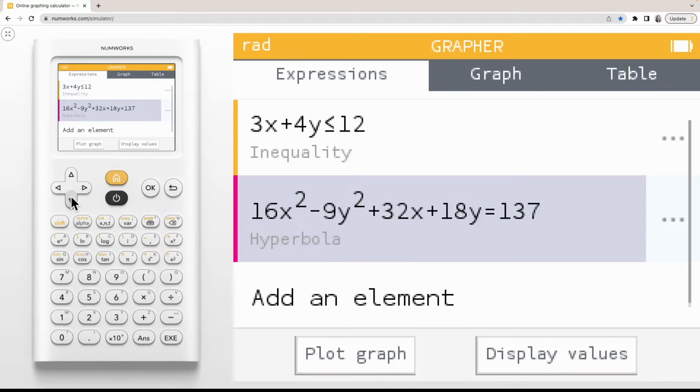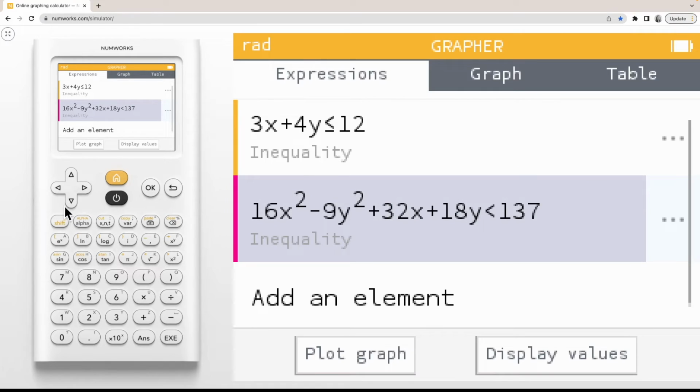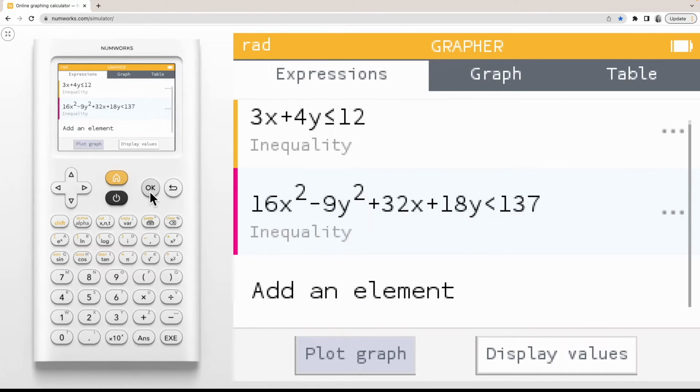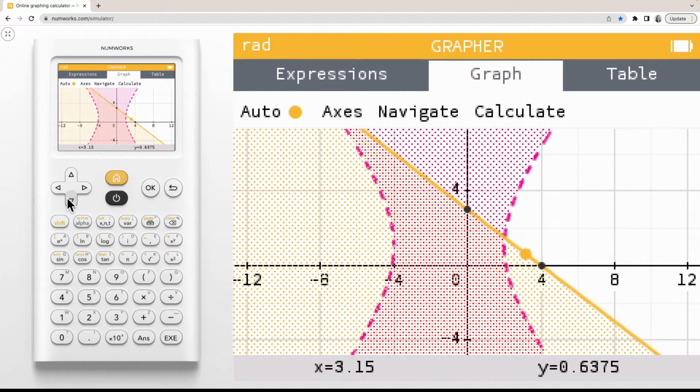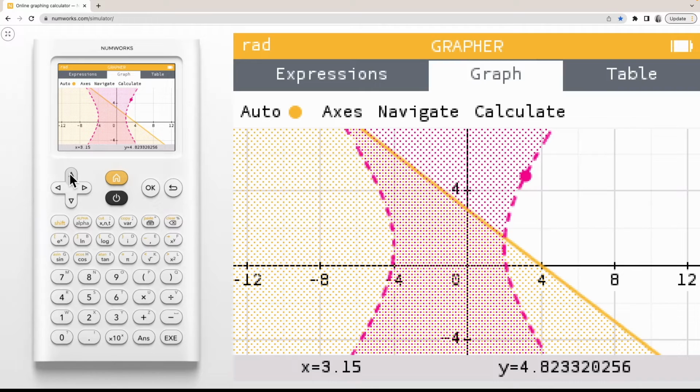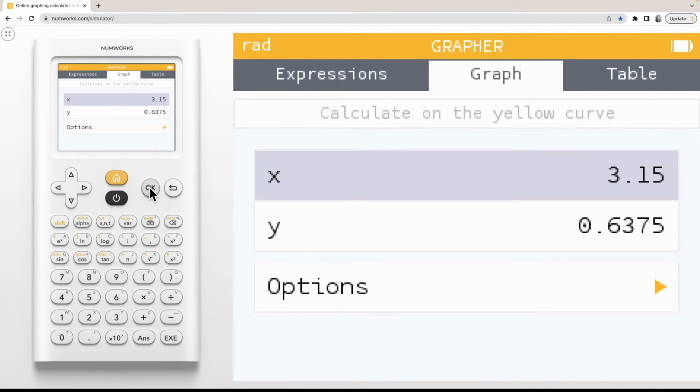For our conic, let's just make it a less than by deleting the equal sign and using shift square root to create our less than symbol. Let's take a look at these graphs. Here you'll notice our solid line for our linear and our dotted line for our conic, as well as the appropriate shading. Pressing OK on the inequality, you'll notice that we have our editable x and y values as well